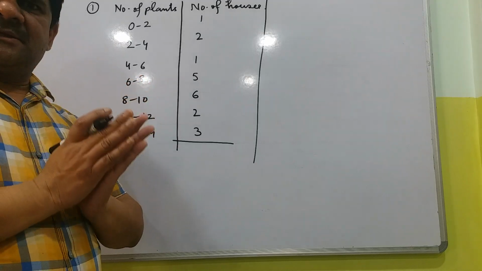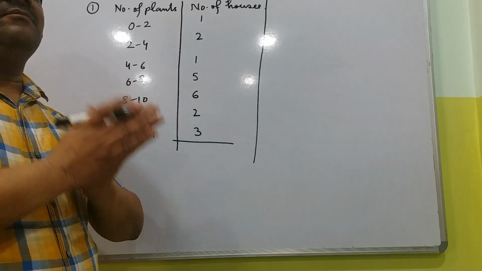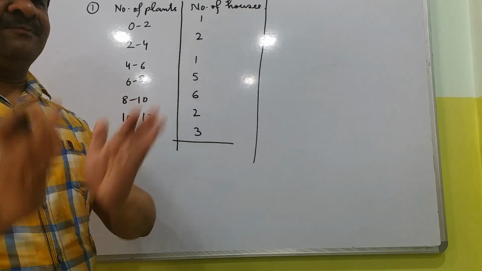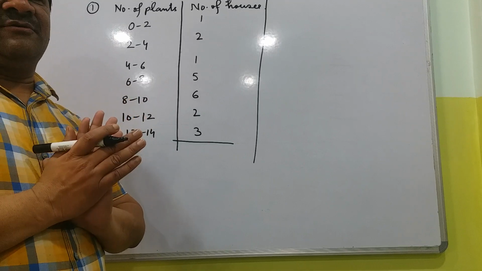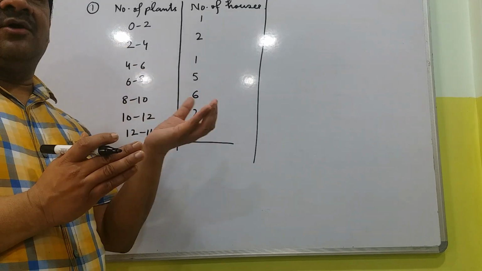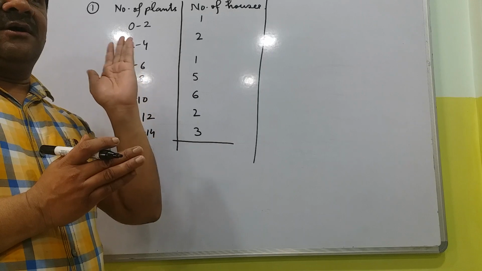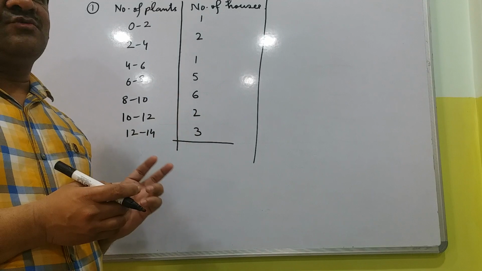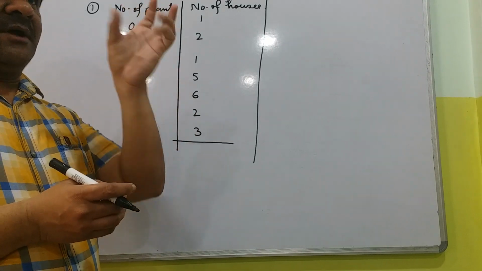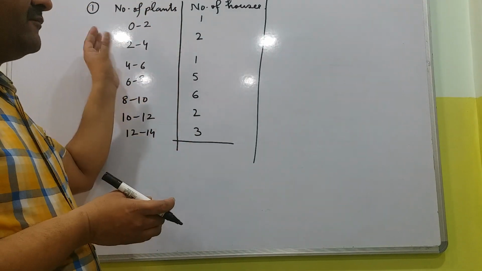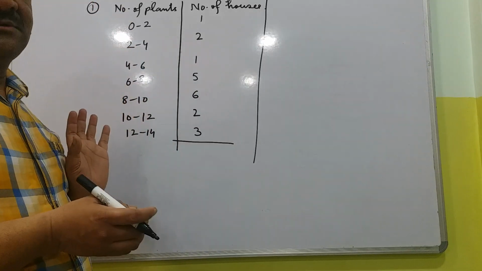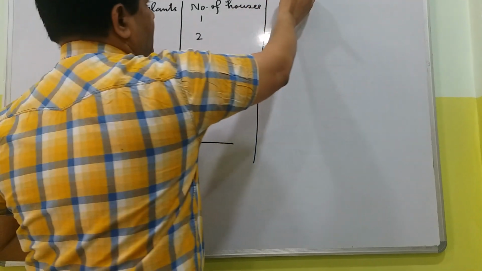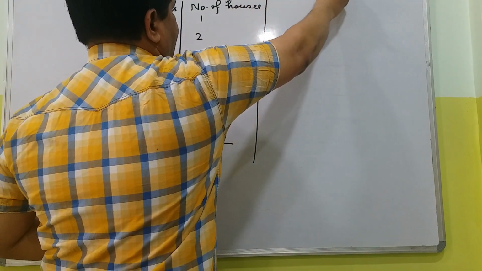Till ninth class you have done this definition: the arithmetic mean is equal to the total sum of all observations over the total number of observations. At the end of ninth class you also did grouped data and calculated the mean for grouped data, where observations and their frequencies were given. But here we have divided the data into various class intervals, and you have to calculate the mean from it. So this is called the direct method for calculating the mean.